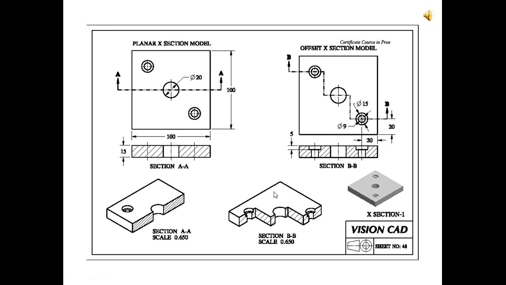The command is the same, X section. You have two options, planar and offset. Friends, the object which I have used in the video is different from that which is shown on the drawing. So please study the X section command carefully. It does not matter on which object you run the command. Please study the X section command carefully from the video. Create the solid model of the object shown in the drawing and exercise planar and offset cross section as shown in the drawing on the object.